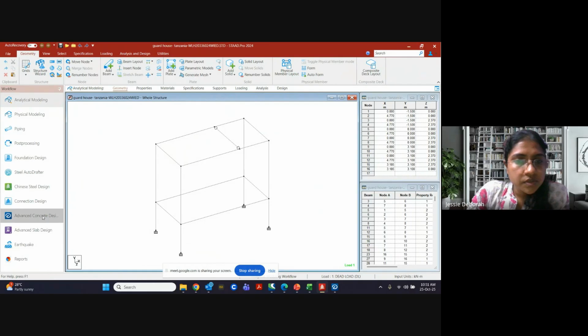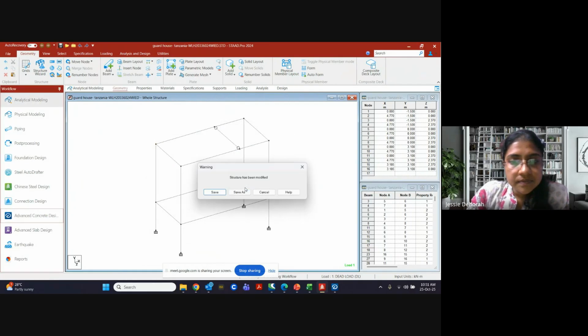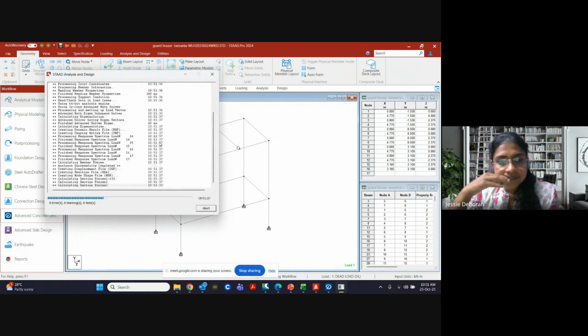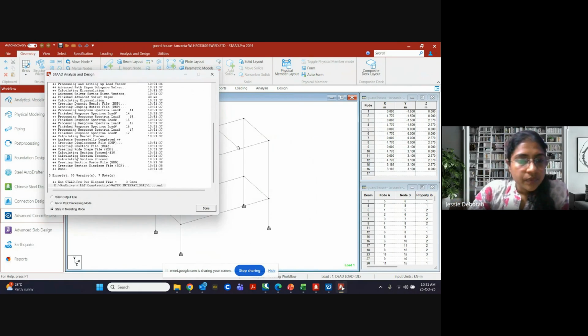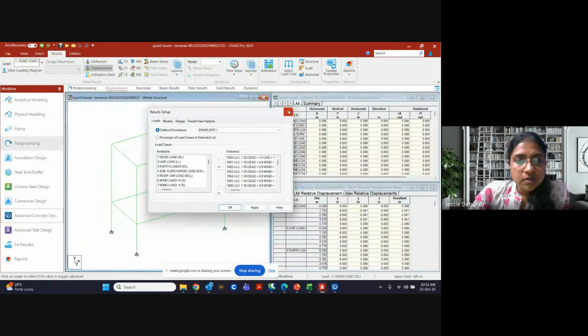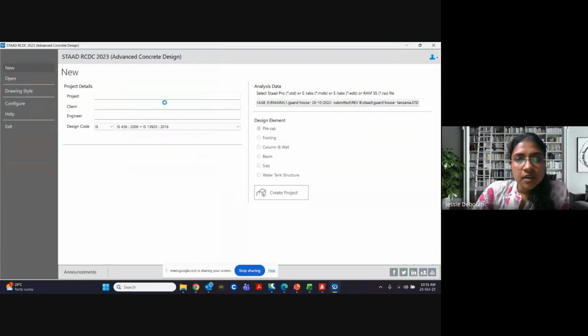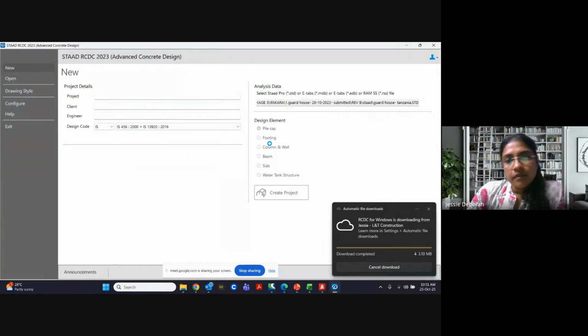So now going to advanced concrete design. Go to post processing. Okay. Now advanced concrete design. So this is one software called RCDC, reinforced concrete design. Okay. So here we will go and select footing, create project.